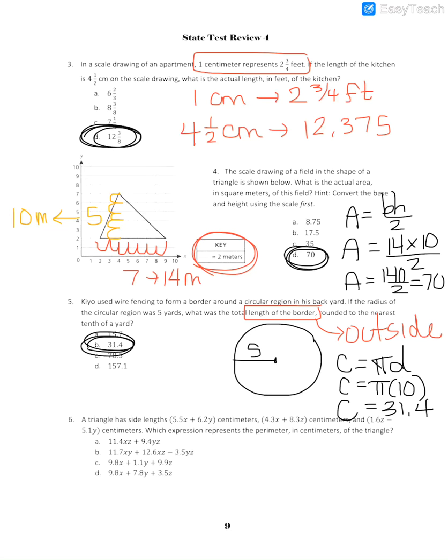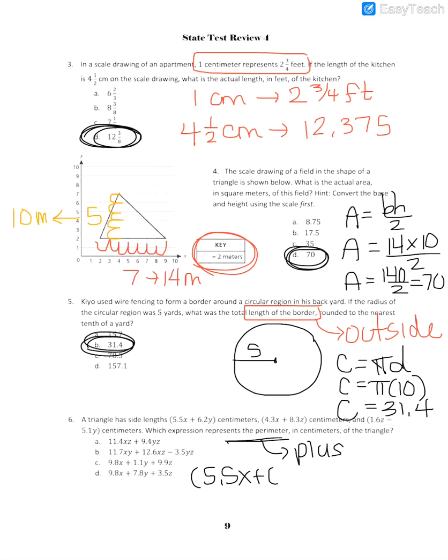All right, so number 6. A triangle has side lengths 5.5x plus 6.2y centimeters, 4.3x plus 8.3z centimeters, and 1.6z minus 5.1y centimeters. Which expression represents the perimeter in centimeters of the triangle? Perimeter means plus, add up all the sides. So I need to add up